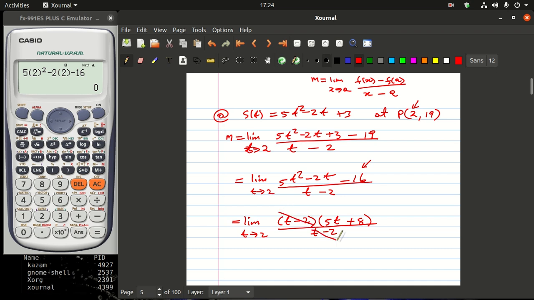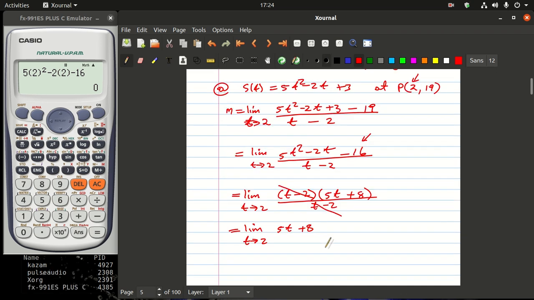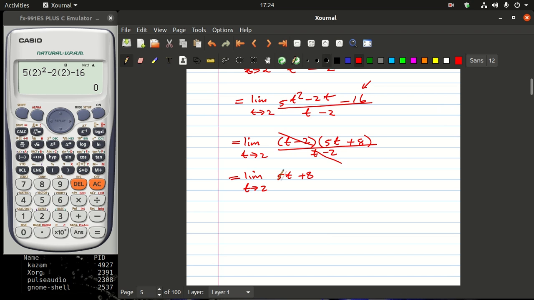So I can remove the problem here, because the value that I'm picking is not really 2, but it is close to 2. So I end up having 5t plus 8. Now, if you look into this one here, what we're basically saying here is that when I am actually picking this value 2 here, let's say